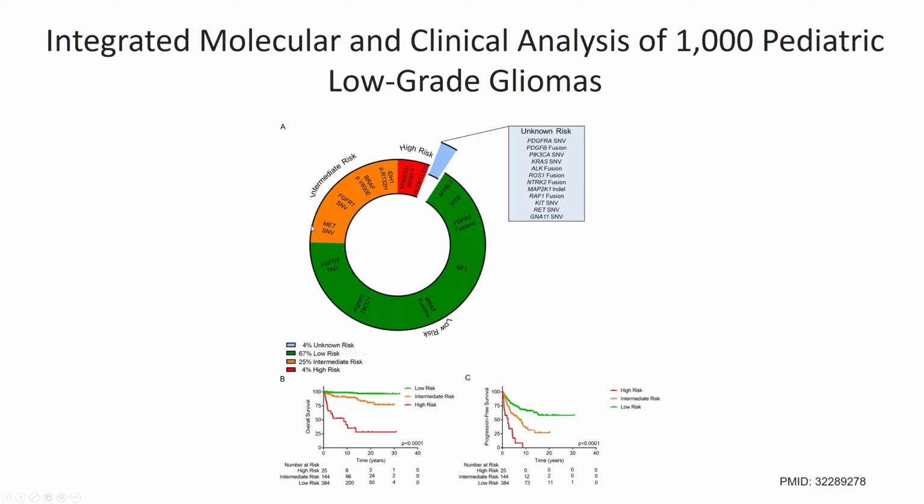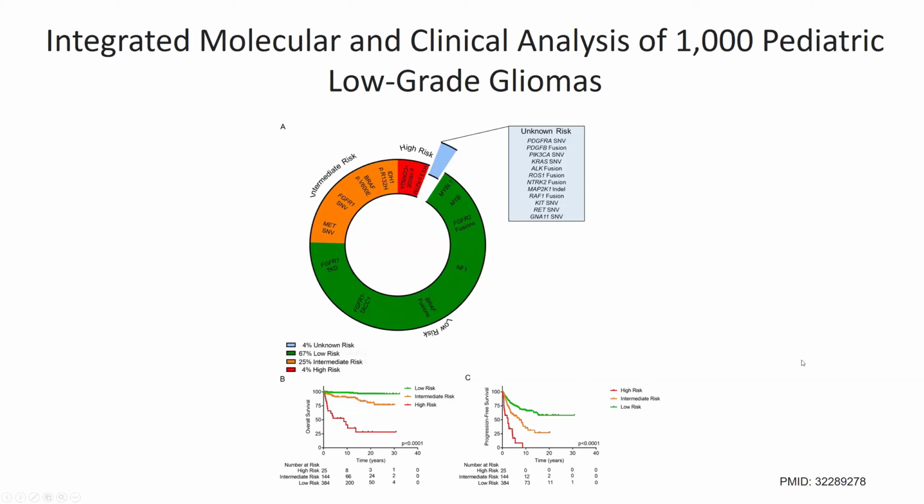And so the tumors I'll be talking about today mostly fall in this green section here with MYB-MYBL1 fusions, FGFR2 fusions, BRAF, FGFR1 tandem tyrosine kinase domain duplications and fusions. And as you can see here, these do separate quite clearly into high, intermediate, and low risk groups based on